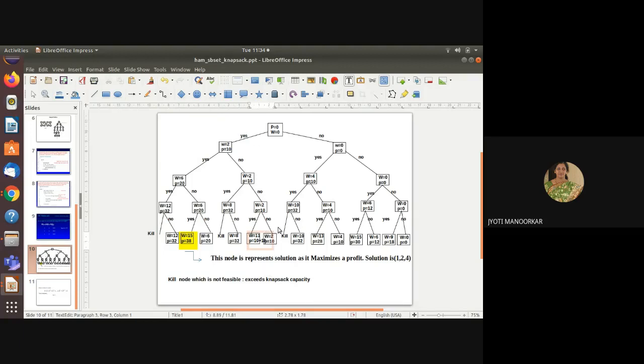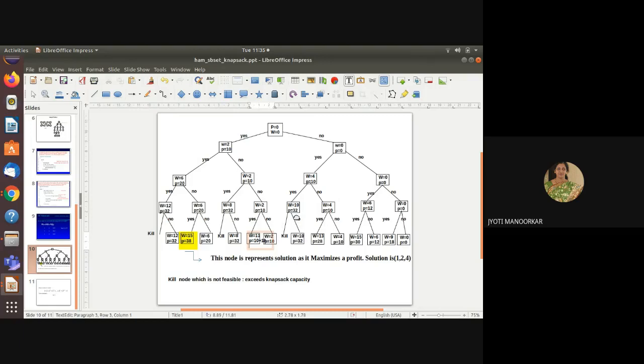Okay, now at this portion, how are we getting the values? That simply means you are not considering the fourth element. So the parent node's values remain as they are, so w is equal to 2 and p is equal to 10. Then try to explore this node, that is w is equal to 10 and p is equal to 32. So check the current capacity of the knapsack, that is 15 minus 10, and the current weight of the element, that is 9. So the fourth element doesn't fit, hence kill this node.